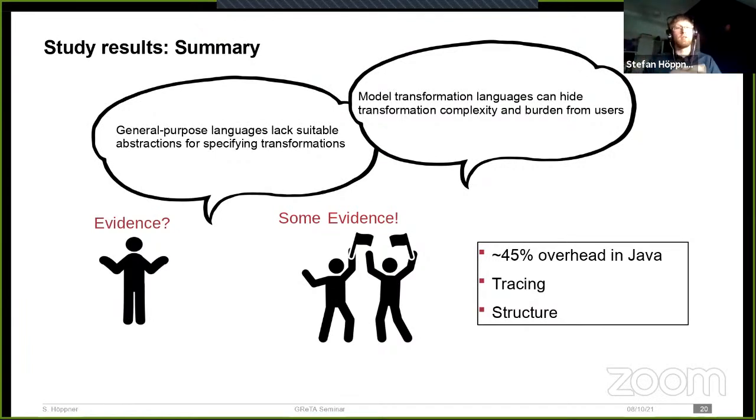Between 40 to 45% of the complexity in your Java code is overhead. And the largest portion of that overhead nowadays is the tracing, which has its own implications, right? And the other big thing is the structure between the two languages, or the structure of the code of the two languages differs greatly, and that has its own set of implications for your transformations.